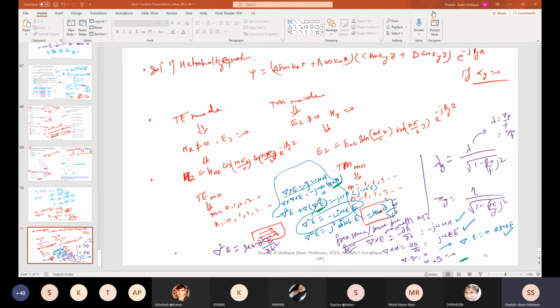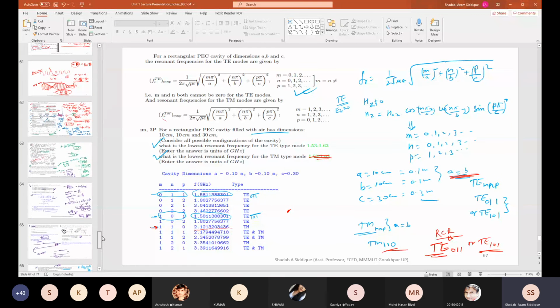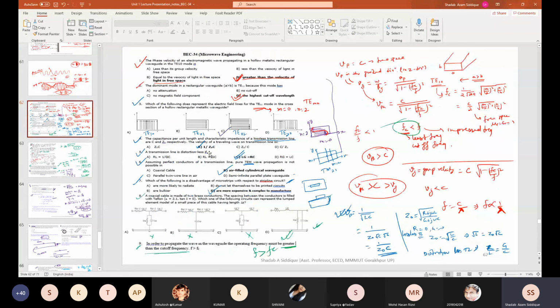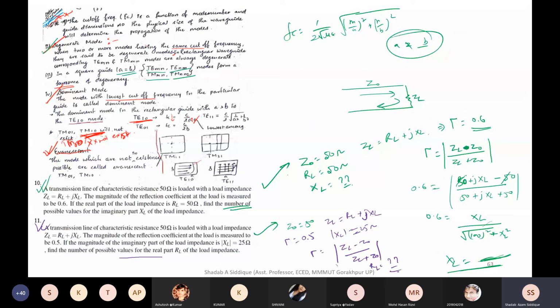Field pattern. Okay. So see, we had one question, no? Based on that, I'll go through this question only. Yes, you can see here we are having the different modes. If you go through the different modes, you have the rectangular waveguide. I'll take blank set, yeah, this one.